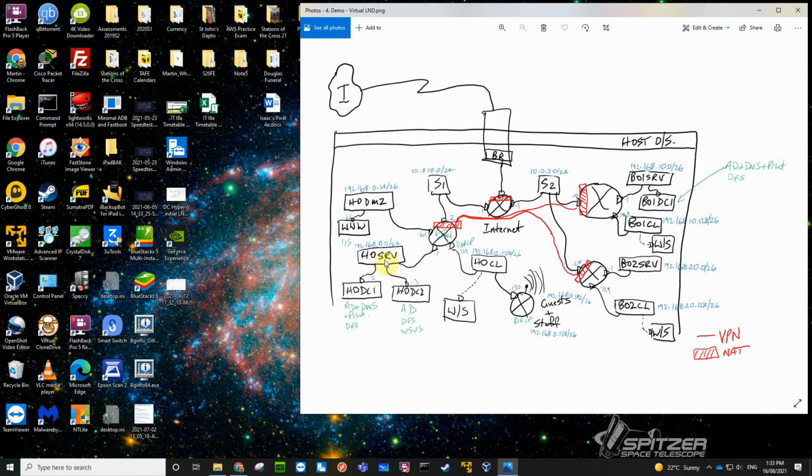And this is the head office server switch, upon which we've got the head office domain controller 1 and head office domain controller 2. They're both going to be Active Directory servers, both with DFS. This one's going to have DNS and print, and the domain controller 2 is also going to have the WSUS, or Windows Software Update Service, on it. On our third subnet,